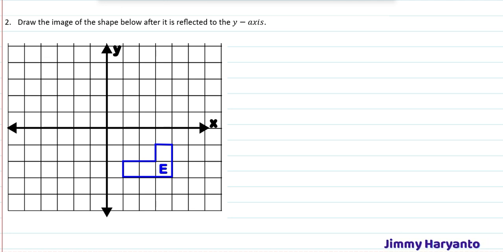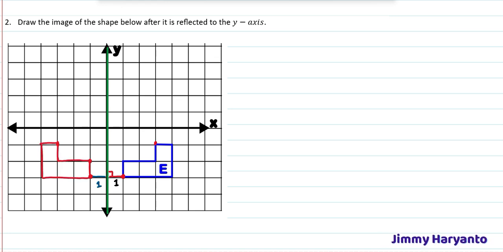Okay, next one is the y-axis. Let's draw the mirror first. The mirror right now is the y-axis. It will be right there, and then we choose one point, and then we create a line perpendicular to the mirror like this. The length of that line is 1 unit. That means the image will be 1 unit on the other side also, and then the point will be that one. After I choose one of them, you can choose another one. It will be like that, and then this one will be 3 units, and then 3 units again like that. You can connect them all like this. Just follow the pattern.